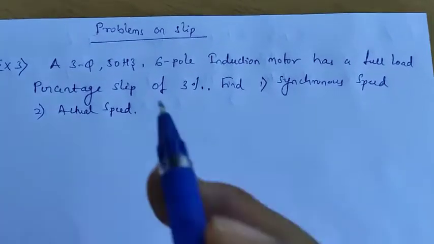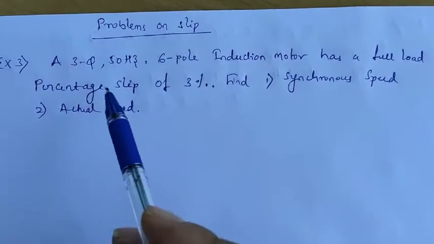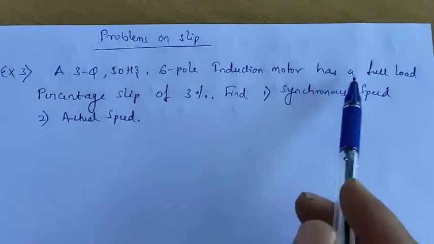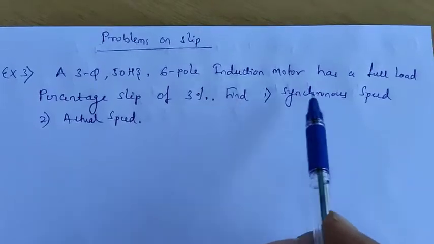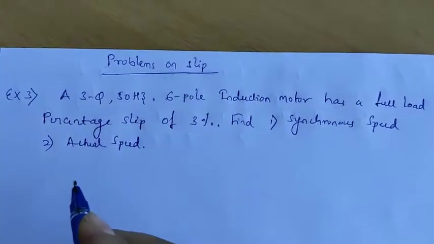Hello dear students. So today I will continue the numericals on slip of the induction motor. The question is, a 3-phase 50 Hz 6-pole induction motor has a full load percentage slip of 3%. Calculate synchronous speed and actual speed. So the given data is,